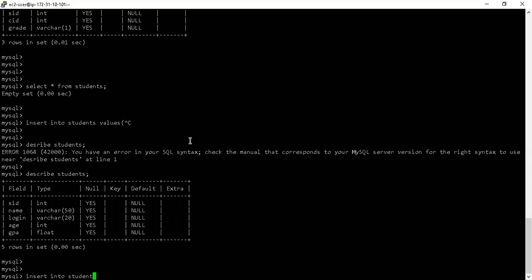Insert into students values something. Let's say the first student ID is 53666. The name of the student, I don't know, Rohi, right? His login ID is Rohi@CSE2020, and let's say his age is 25, and his GPA, I have to enter some GPA.